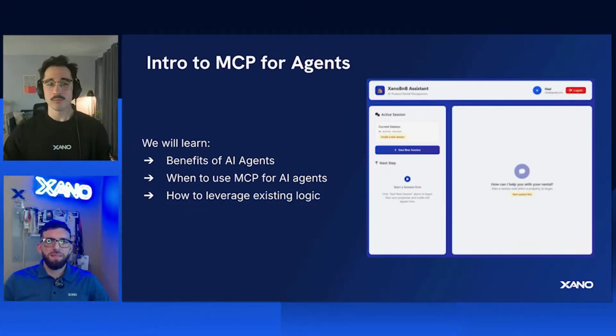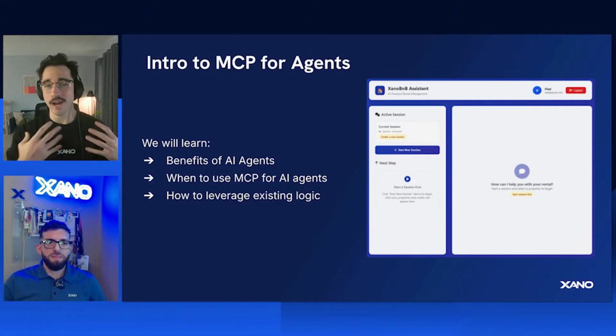Now, we're going to start by doing a high-level overview of what MCP for agents is. MCP stands for Model Context Protocol. We're going to be learning about the benefits of AI agents. We'll be looking at when we do use MCP for these AI agents and how we can take everything that we have already and leverage that existing functionality inside our workflows, inside our applications,